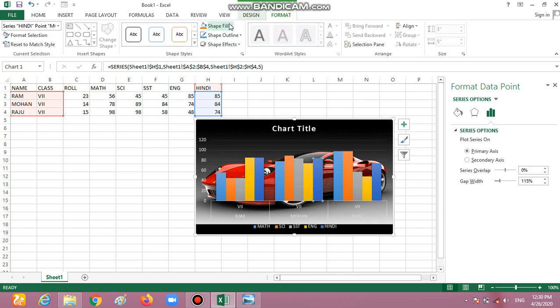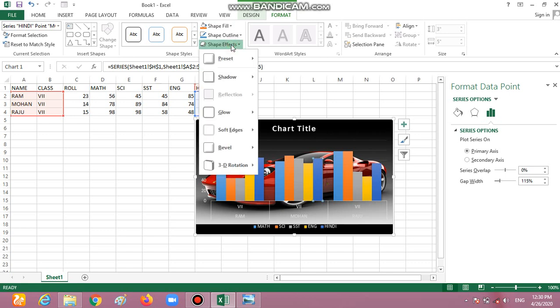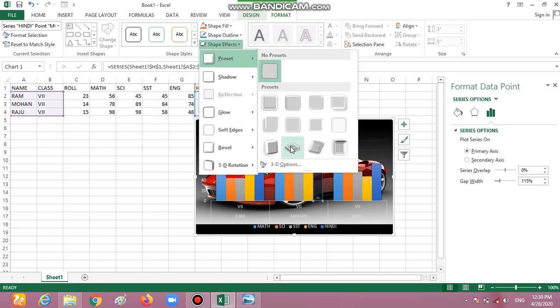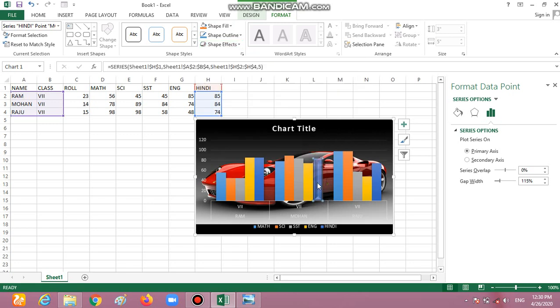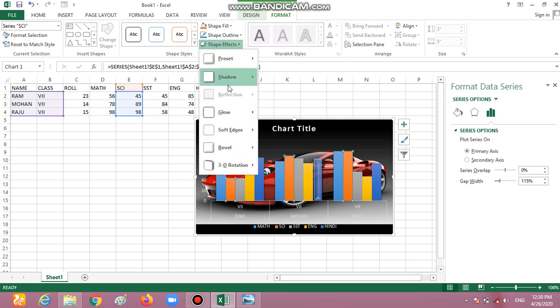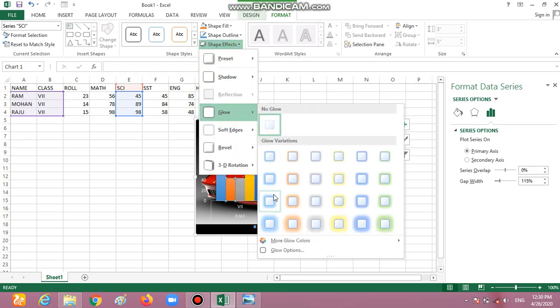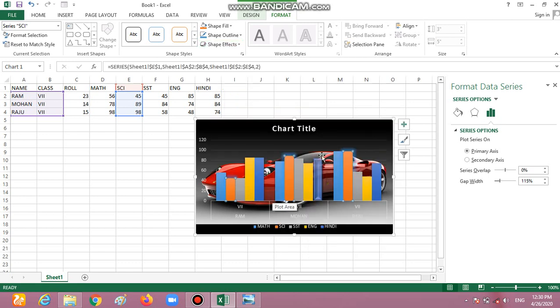Go to your design area and change the shape effect. This time I'm changing the shape effect. Look, this one is different from the rest of them. Or if you want to change everyone with the same style, then click on the data. Or I am selecting this one this time and changing the style for this one. I want to give some glow. Okay, look, there is some glow. So this is the way to create a chart.